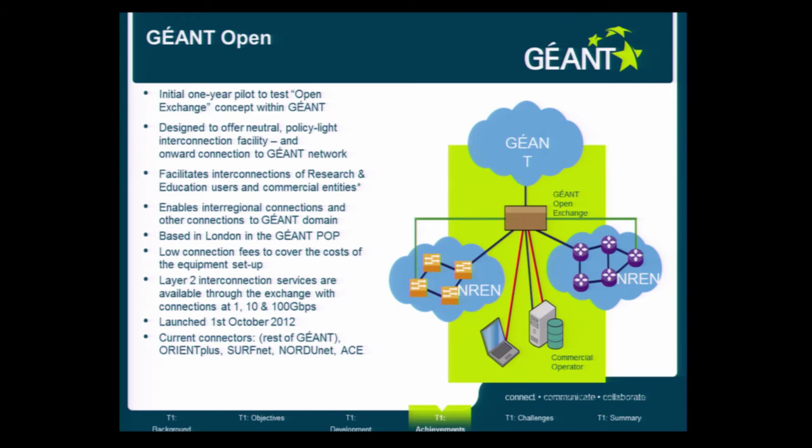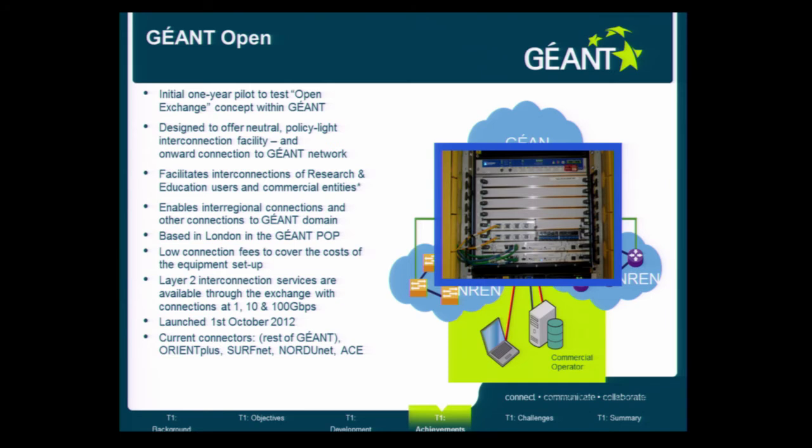And lastly, in between all the other things that we were doing, we also deployed a Giant Open Exchange in London. So we have an MX 480 there. The idea of the open exchange in London is that the intercontinental links can come into London, connect to this open exchange, and then they can peer with each other as well as Giant. So the benefit of bringing the circuit to London is you don't only get Giant, you also get other connectors who are there.